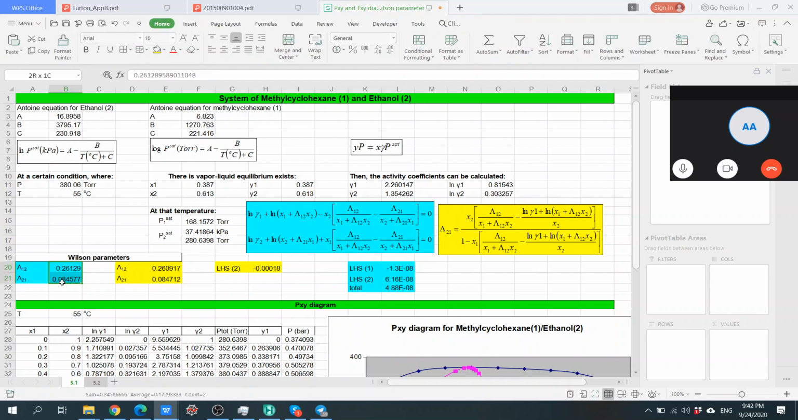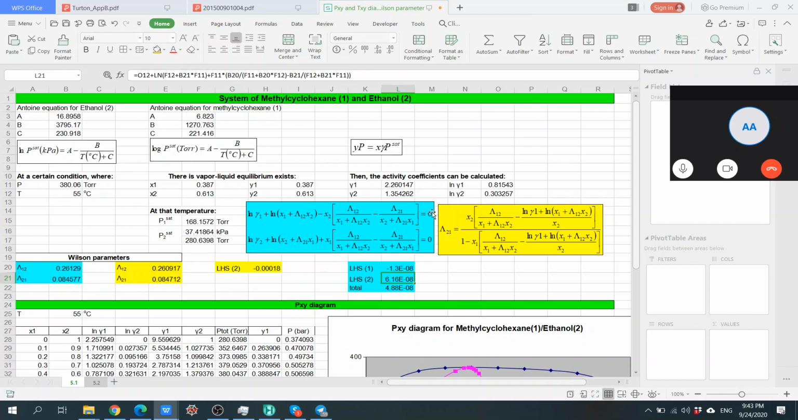So we just guess this lambda 1,2 and lambda 2,1. We just use these as guess numbers. You can use any number, and then you plug it in. This is the equation for this number, this part, and this is the equation for this one. So when we plug in this gamma 1,2 and gamma 2,1, we know the x1, we know the x2, we know the gamma 1,